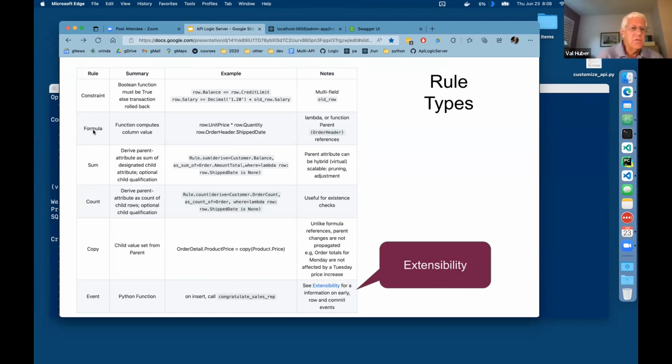So all these formulas, think about what Katrina, thank you for pointing this out. If you look at sum and count, if I use the term parent and child, it's just a simple one-to-many relationship, like the customer is the parent, the order is the child, right? These are computations in parents that look at changes to the children. Copy is a change to the child that looks at the parent. And formula are changes within that row. So what this is showing is over the graph of your database, you're able to compute across relationships with something very much more like a spreadsheet than